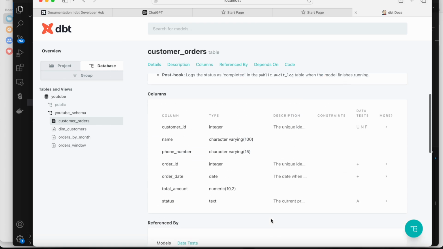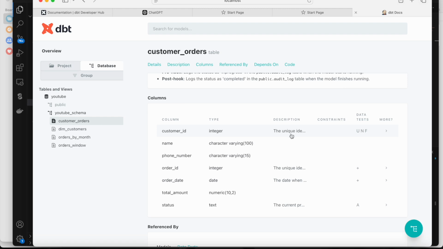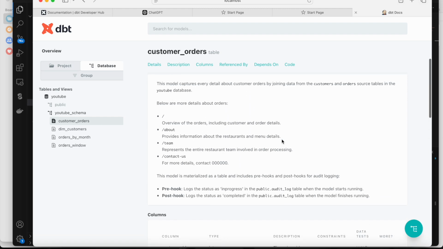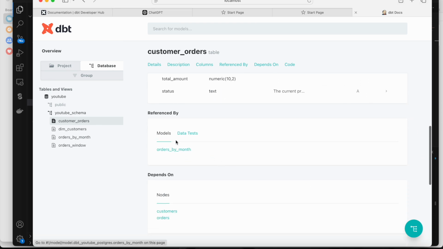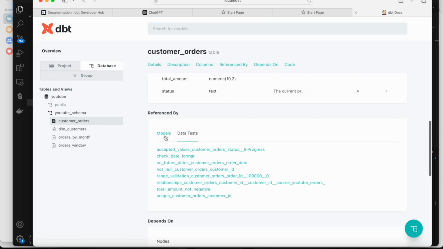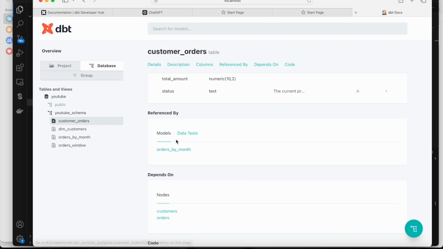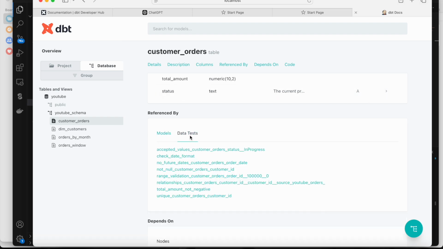Okay, see, all the descriptions of the columns which we have given have come here. For those which we didn't mention, it's null. And also the description about the project has come here. And now the models, what are the data tests there. I mean, this particular customer orders is referred by which models, and what are the data tests